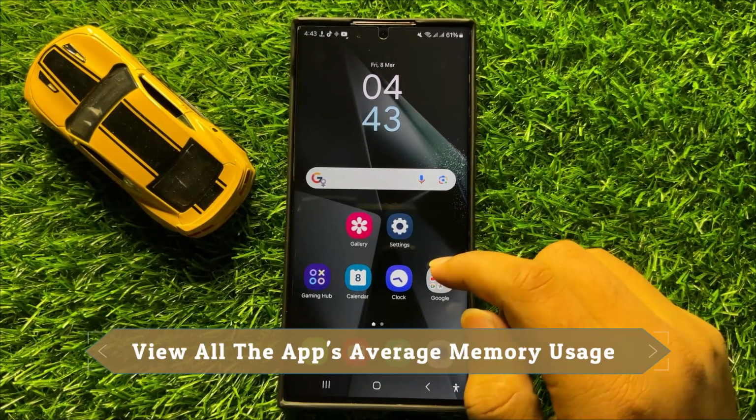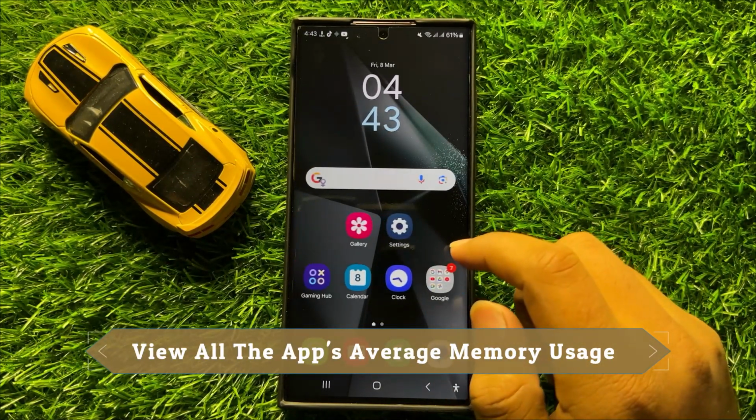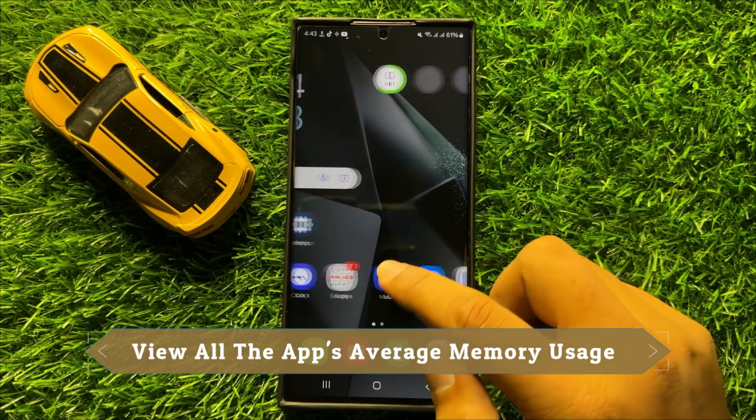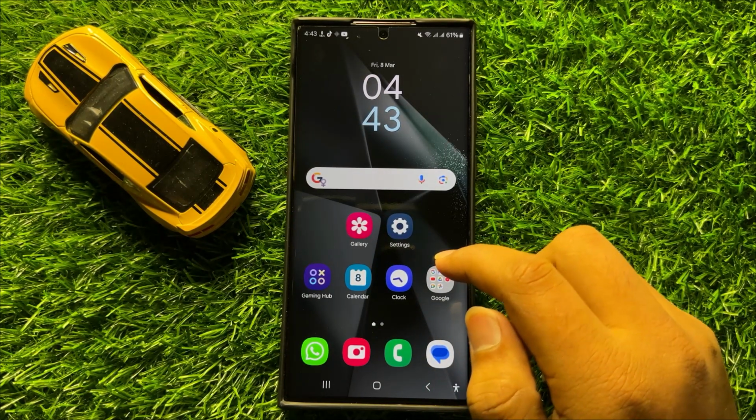Hello everyone, in this video I will show you how to view all the apps' average memory usage in Samsung